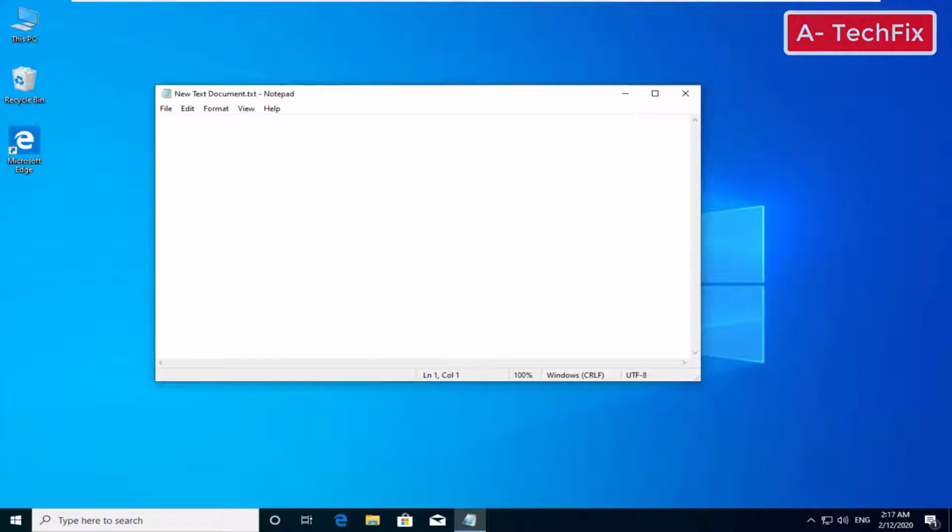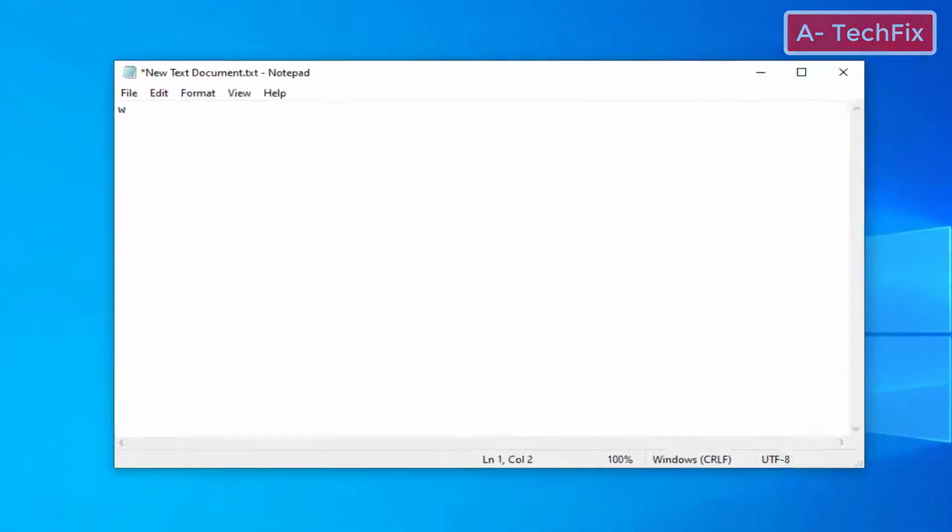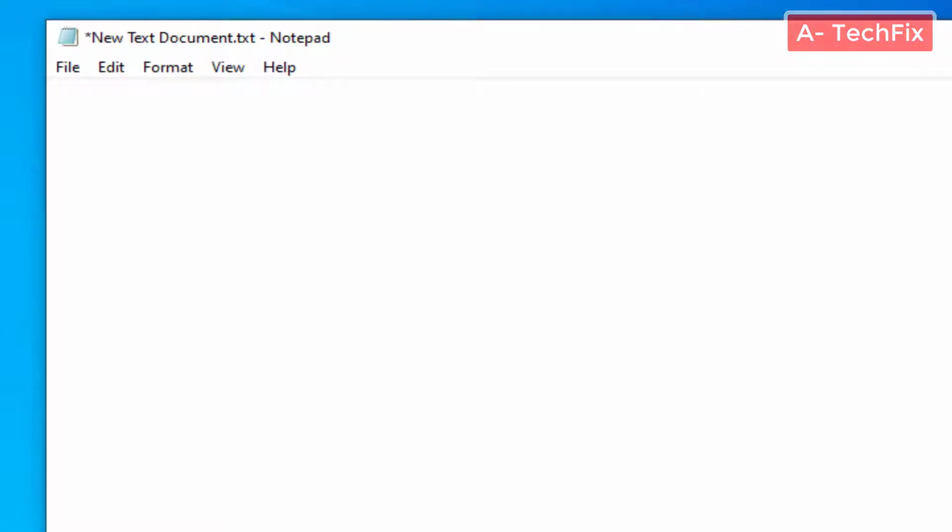Okay, type this command. First type @echo off. That means all commands in this cmd file you create will not appear, will be hidden. Okay, enter. Now type :a as a label, enter. Now type your command,